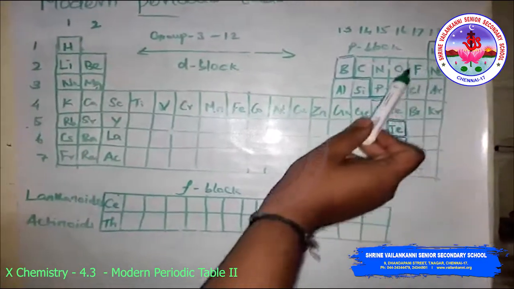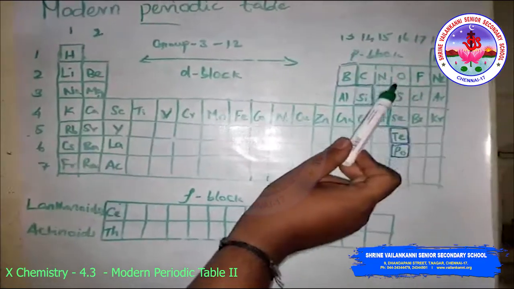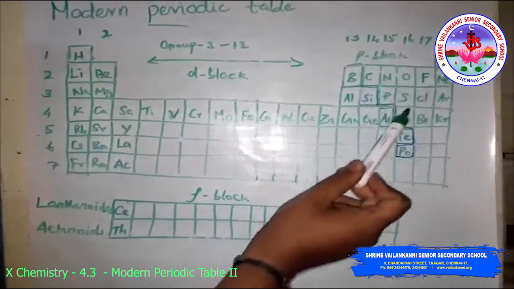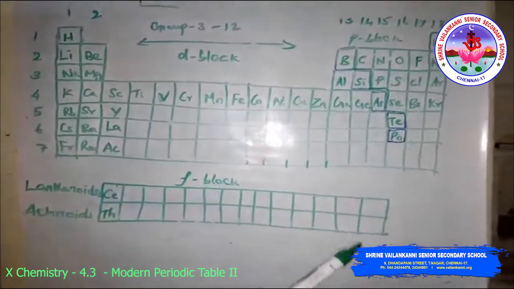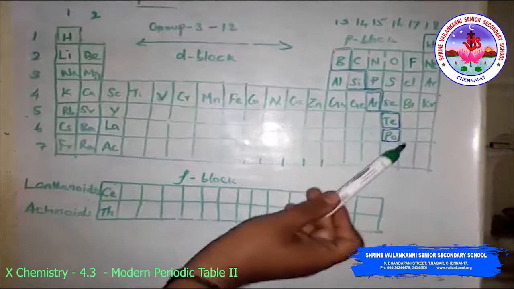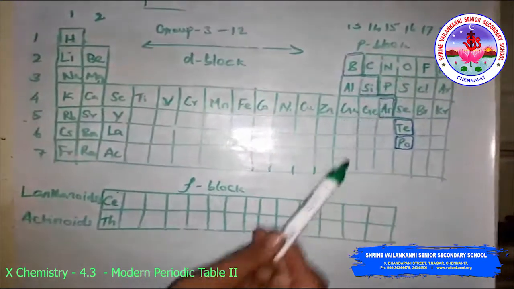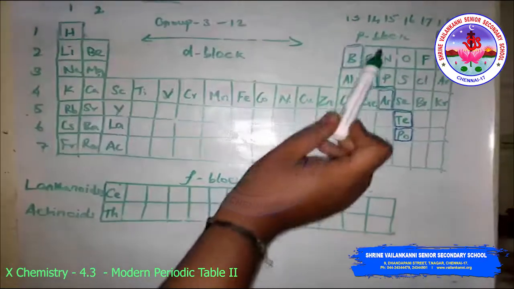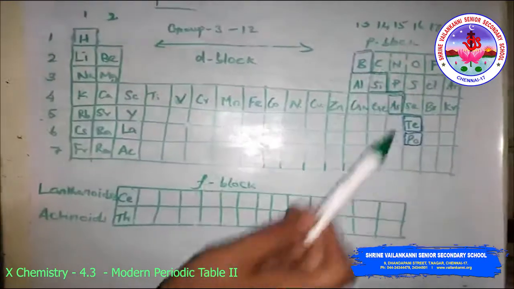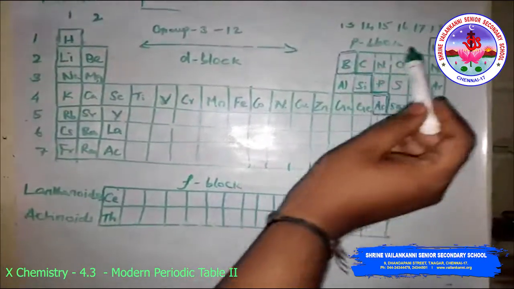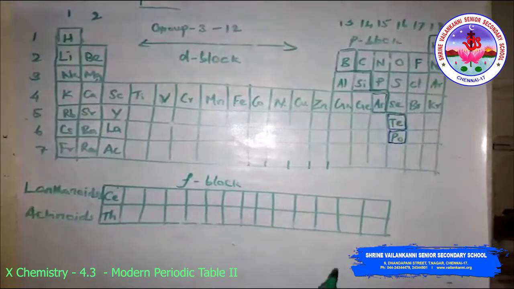So fluorine is the most electronegative element. Oxygen also has more electronegativity compared to sulfur, then selenium, then tellurium, where metallic character increases, so that it becomes electropositive in nature. Similarly, nitrogen and phosphorus, nitrogen being the more electronegative element. Carbon sometimes forms carbanions and carbocations, which we will discuss later. Like this, the electronegativity decreases down the group.